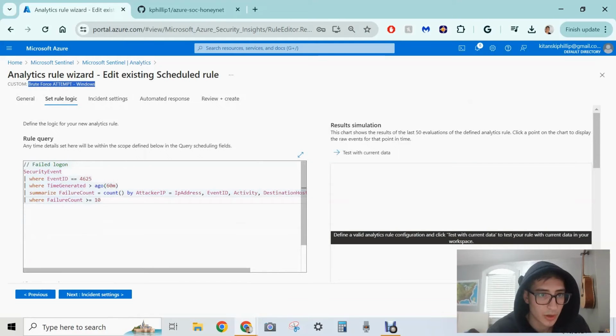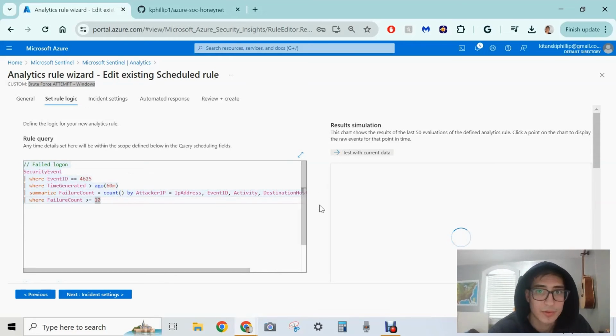So for this one, it's just a security event. This is failed logon ID. Time generated greater than 60 minutes ago, and this just shows the count of all this information where failure is greater than or equal to 10. So if we test this now,